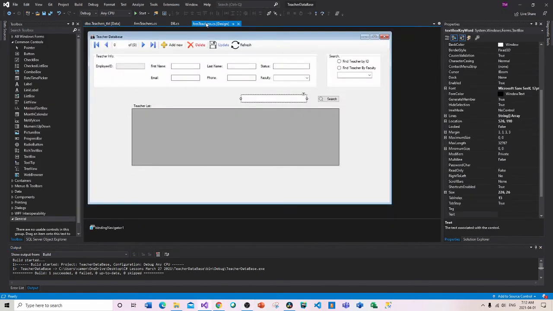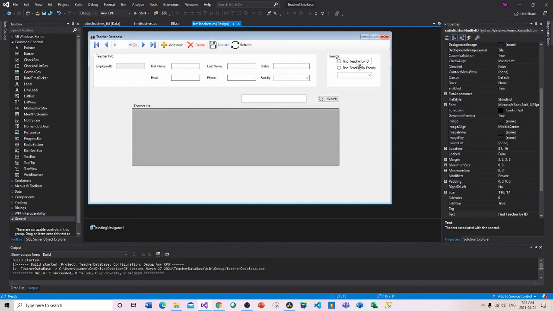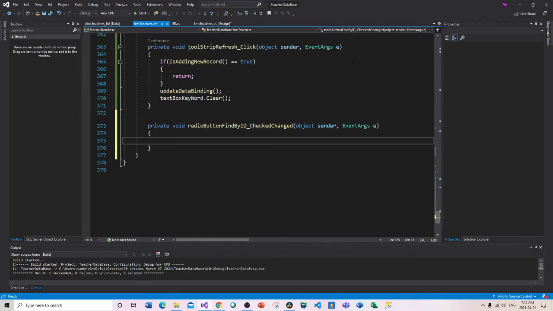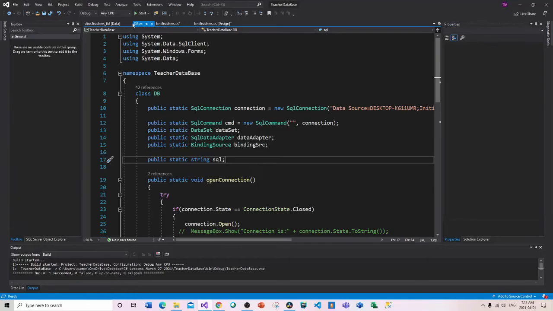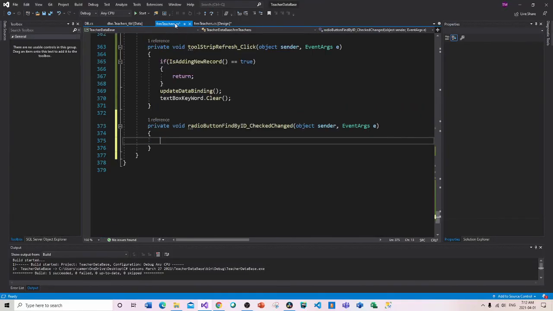So I'm going to go back to my form, and I'm going to double click on this Find Teacher by ID. I'll double click, brings me to here. And let's make sure we remember what that one is called. What is my radio button Find by ID? I'm just going to copy that because I know I'm going to need it soon. Let me move my DB over here as well. Okay, so I'm going to do this. If